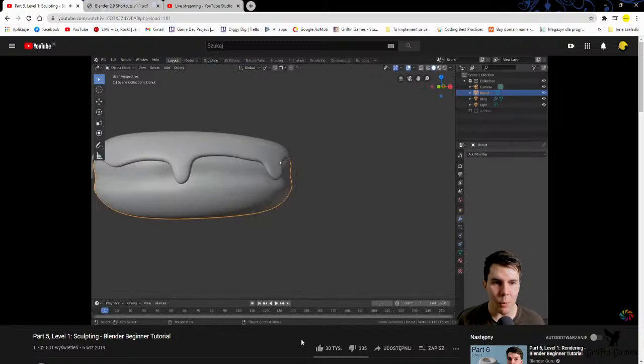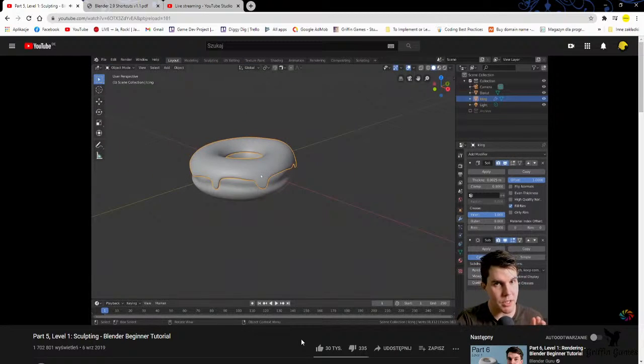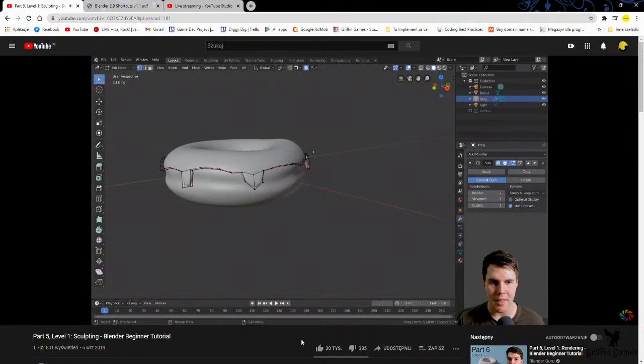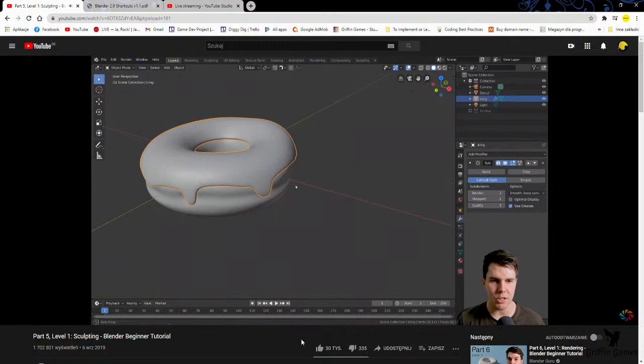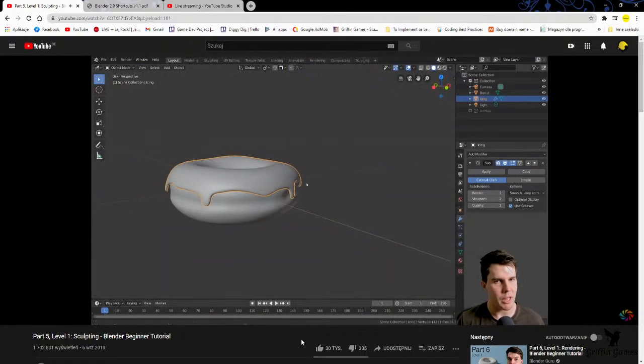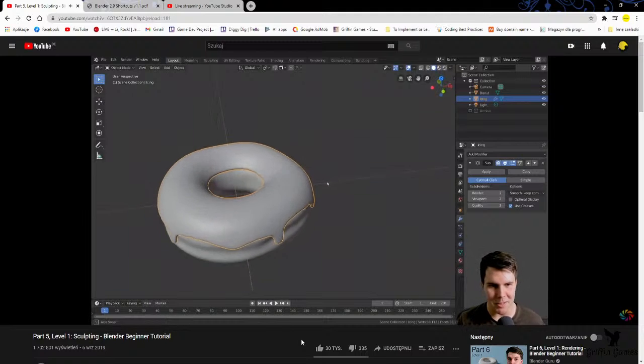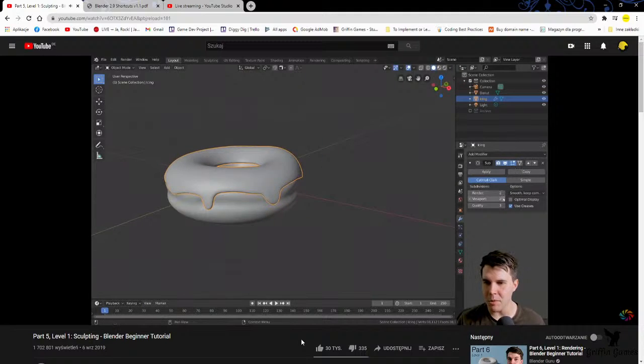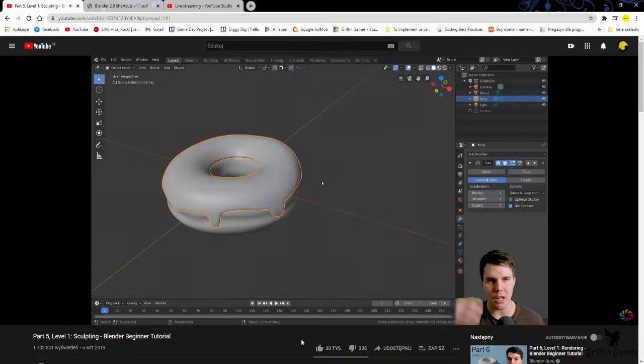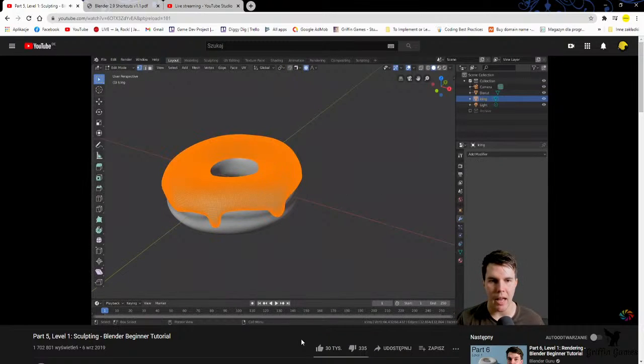Now, we're going to do similar steps, but for the icing. So I'm going to apply my solidify modifier first. And then the next one is the subsurf modifier. Let me just unhide the rest of the mesh just in case that causes problems later on, because it can. In sculpt mode, you won't be able to see it. And the other thing, I'm just going to increase my subsurf modifier to give myself a little bit more detail in the sculpting stage. So I'm applying that to level 3, apply, and now